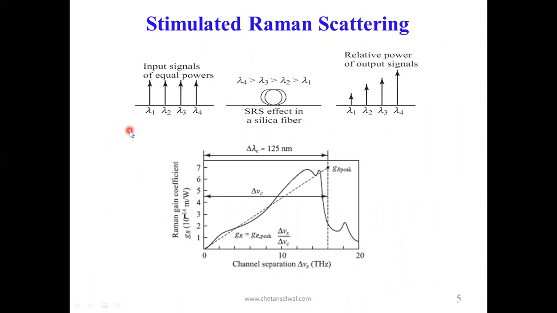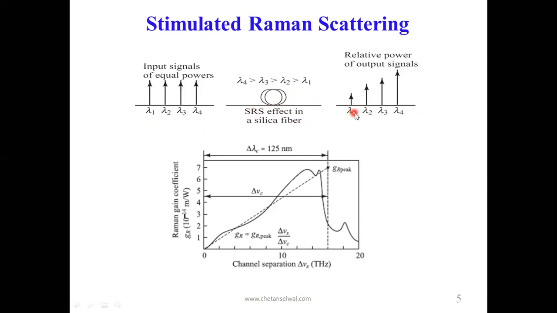Suppose we have a WDM system where we have four wavelengths, lambda 1, lambda 2, lambda 3 and lambda 4. When these four wavelengths get transmitted through this optical fiber, SRS effect will take place. We have chosen these four wavelengths such that lambda 4 is the longest wavelength, lambda 3 is shorter, lambda 2 is even shorter, and lambda 1 is the shortest wavelength. So when these four wavelengths are affected by SRS inside this optical fiber, at the output we will get a signal like this, where